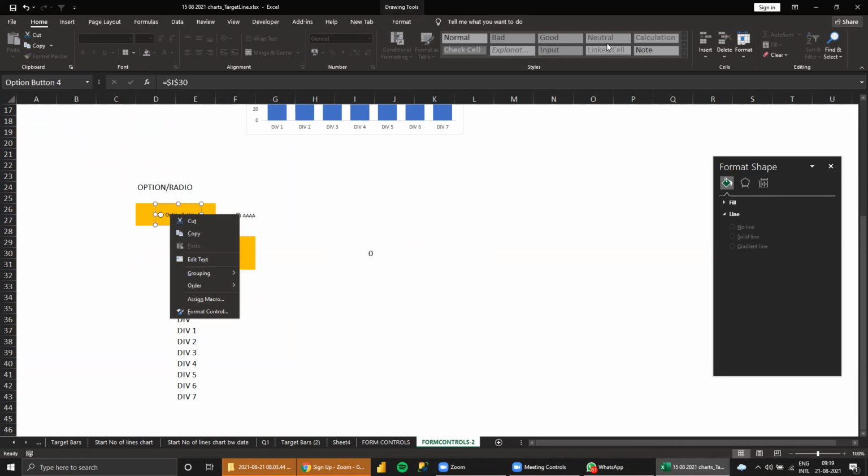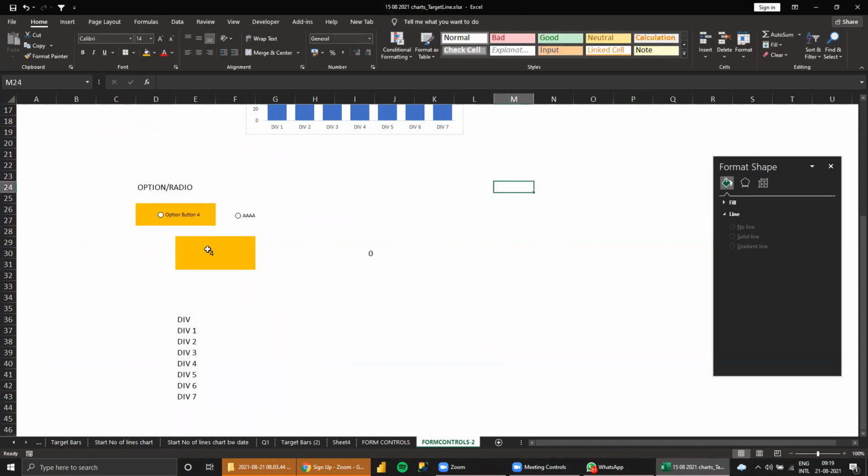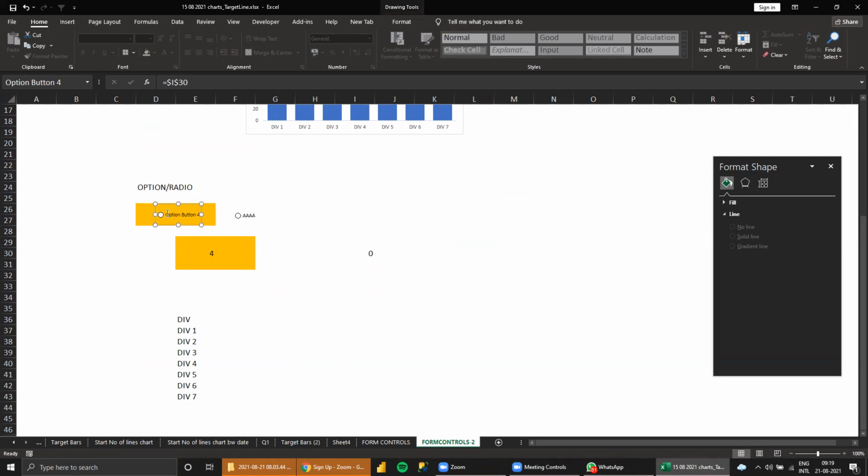So another 1 minute, and we'll connect later. Now the option buttons: one option button is purchases, the other is sales.